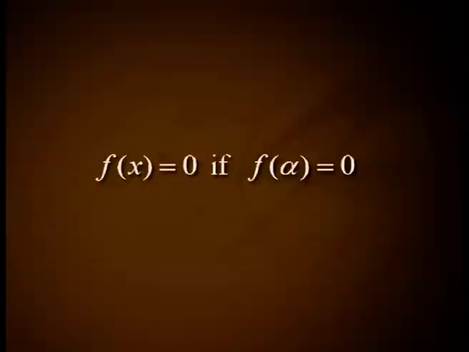Dividing throughout by p naught and renaming the remaining coefficients, we see that without any loss of generality we may take x raised to n plus p 1 x raised to n minus 1 plus p 2 x raised to n minus 2 plus etc. plus p n minus 1 x plus p n equal to 0 as the type of a polynomial equation of degree n. Definition: a complex number alpha is called a root or solution of a polynomial equation f of x equal to 0 if f of alpha equal to 0. That is, alpha is a root of f of x equal to 0 if putting x equal to alpha, the equation f of x equal to 0 becomes f of alpha equal to 0, an identity.